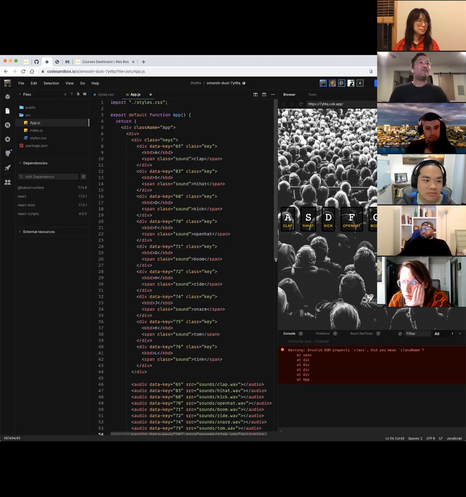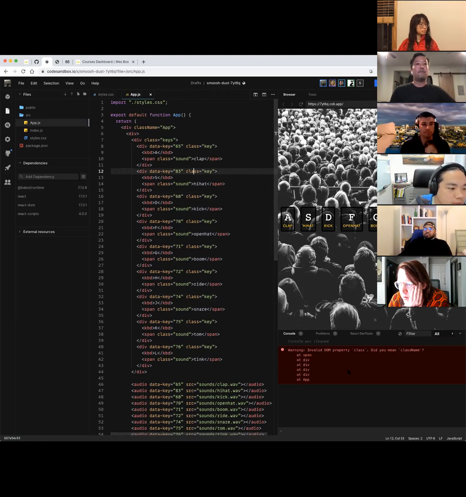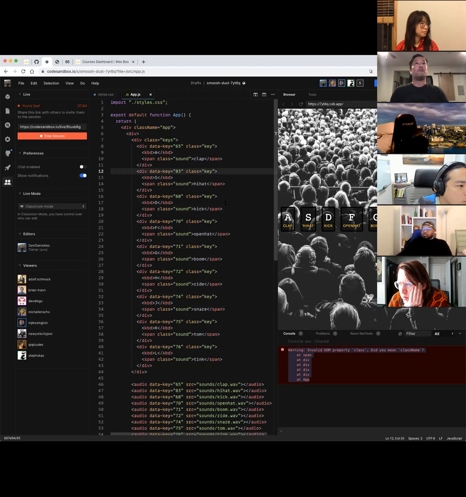Okay, so some ways that we can refactor this maybe. So for one thing in React, you don't have these like class, right? Class is a reserved word. And so in React, you have to use className. That's what this warning is saying. I don't know if you can read this on the screen share, but if you come to the CodeSandbox, you should be able to